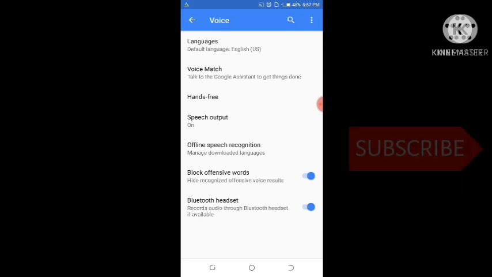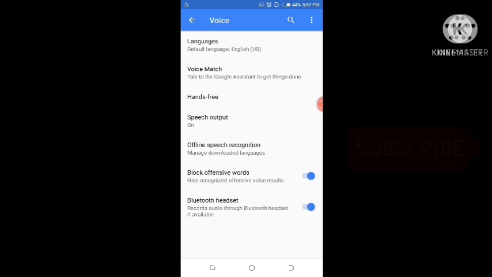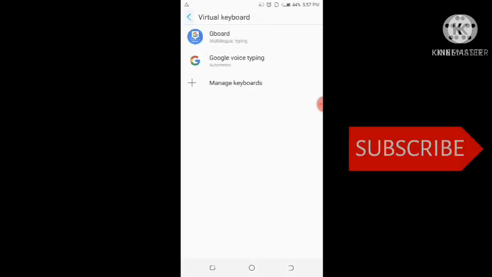It will just unlock the phone. Or if you say, okay Google, call so and so contact, it automatically is going to work like that. Since if you have a Bluetooth headset connected, you can turn this on. So let's get back. And guys, we're still on the virtual keyboard, which will bring us to